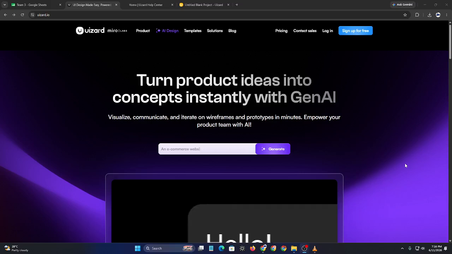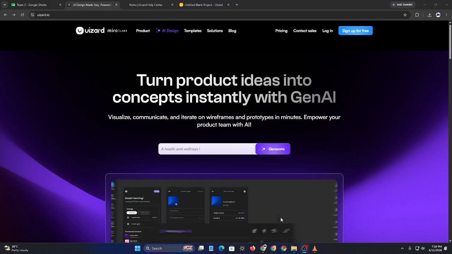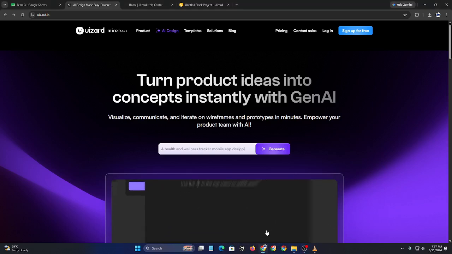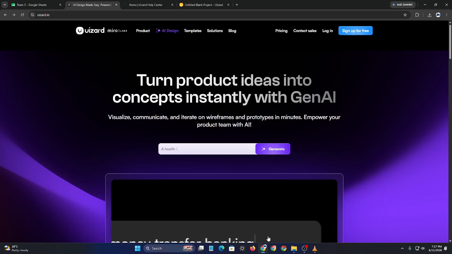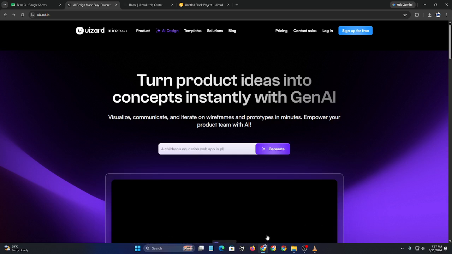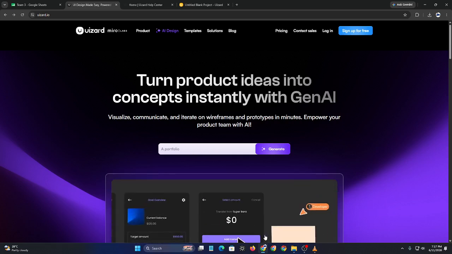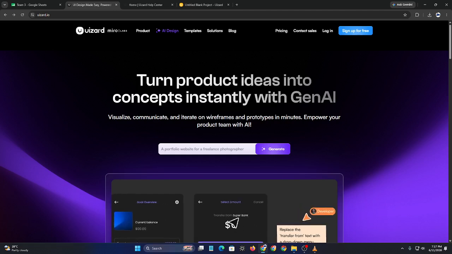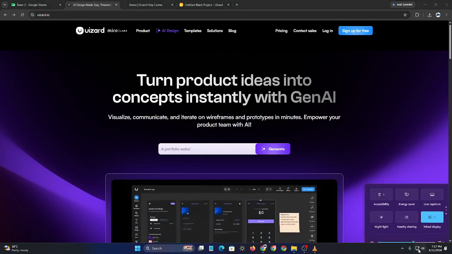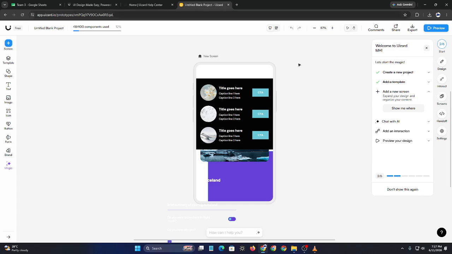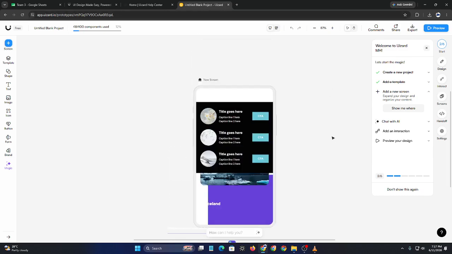Hey everyone, if Uizard AI is loading slowly, taking too long to open projects, or the editor feels unresponsive, don't worry. In this video, I'll show you how to fix Uizard AI slow loading problems in 2026. First, check your internet connection. Since Uizard is a cloud-based design platform, a slow or unstable connection can significantly affect loading speeds, project syncing, and